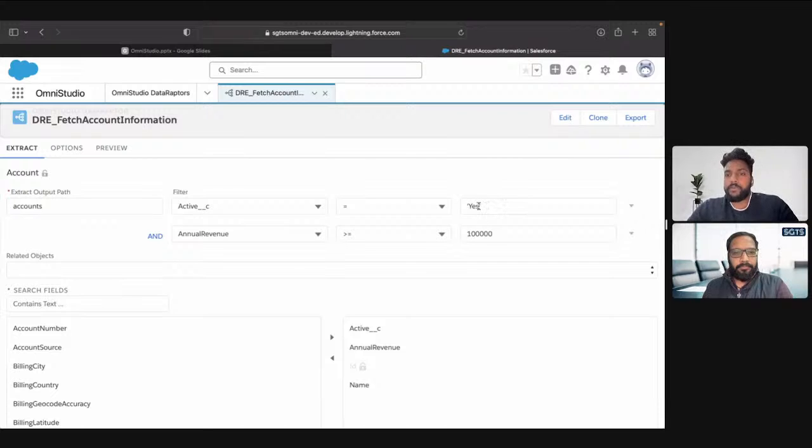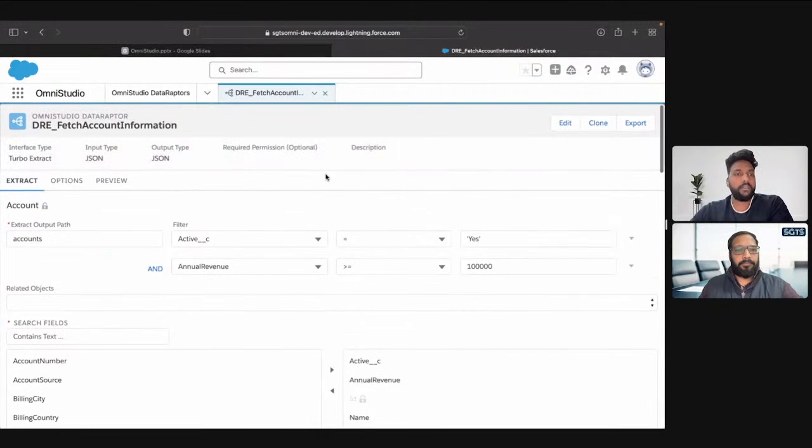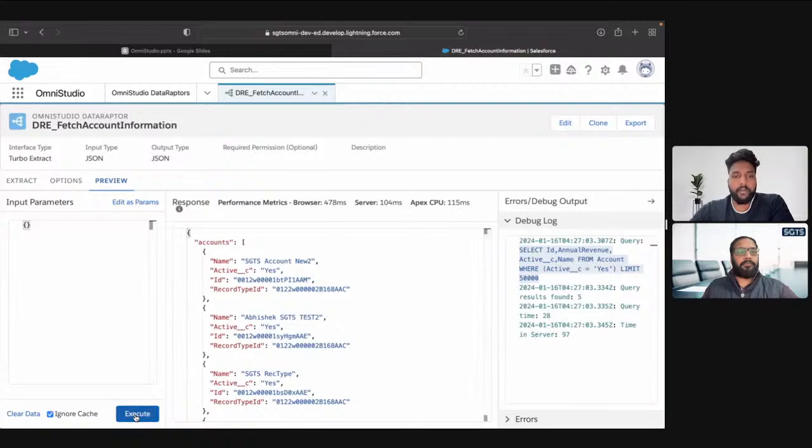So as you can see, for the active one I have used the single inverted comma, but for the annual revenue, I haven't used that single inverted comma. The simple answer is this is a string value and this is a number value. So we don't need single inverted comma for the number values. And now if I go to preview and click on execute,